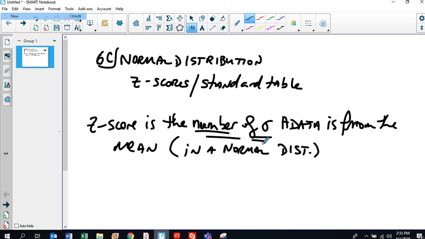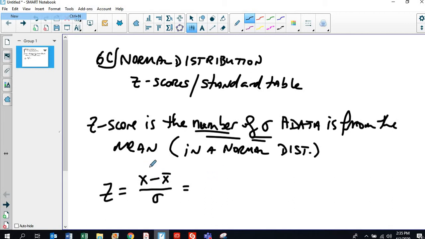If you remember back to the 68, 95, 99.7 video, we counted by whole standard deviations. If the standard deviation was 20, we counted by 20s. Here, we're going to think of standard deviations not just as whole numbers, but as half of a standard deviation or 0.32 of a standard deviation or whatever. That's how the Z-score lets us do that. The formula for the Z-score I'm going to give you in two forms. If X is your data point, you subtract away the mean. That's how far away from the mean you are. And then you divide by the standard deviation